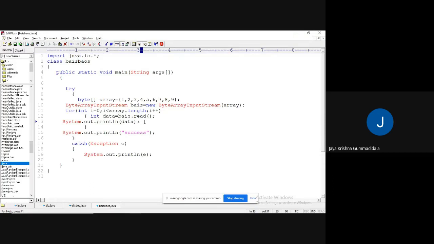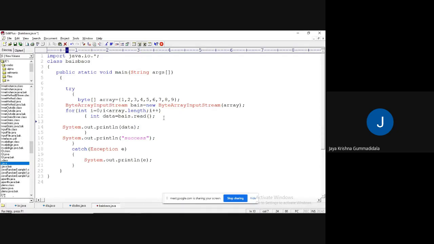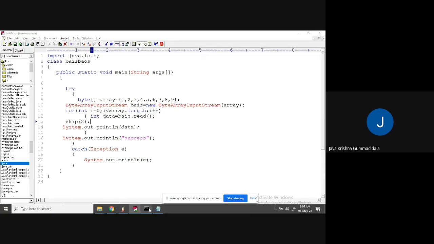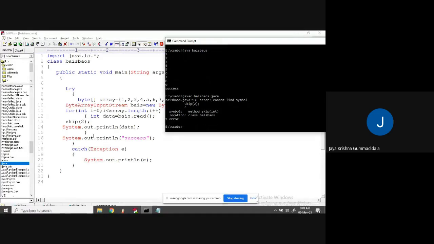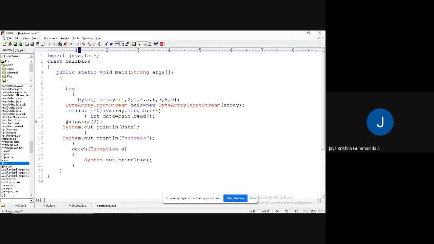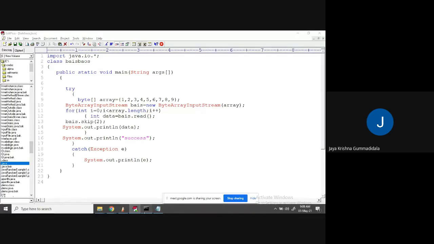If you want to read from a file, you need to use file input stream. If you want to read from the file with support for double, short, boolean, all those, you need to use data input stream. Okay, now fine. So here you can use the skip method. For example, I'm trying to use a skip of. What is the meaning of this? Every time it is going to skip 2 values, I think so. Just observe. Let me execute once. Yes. So sorry, this is the method, right? This method is available in which stream? The byte array input stream object. I need to access it through that.